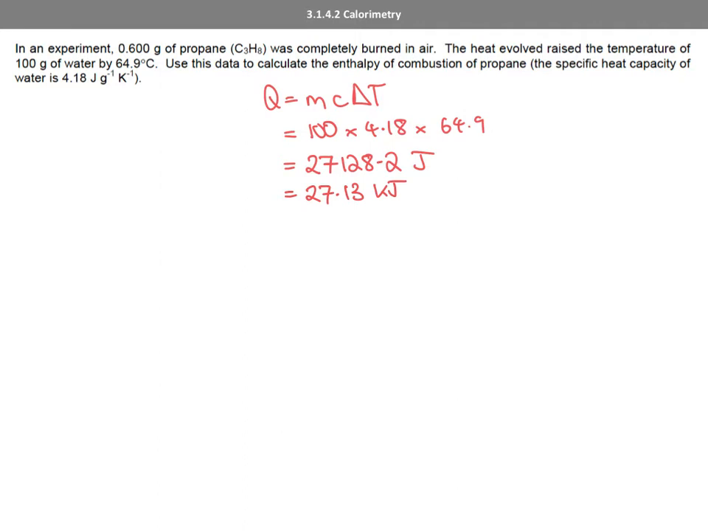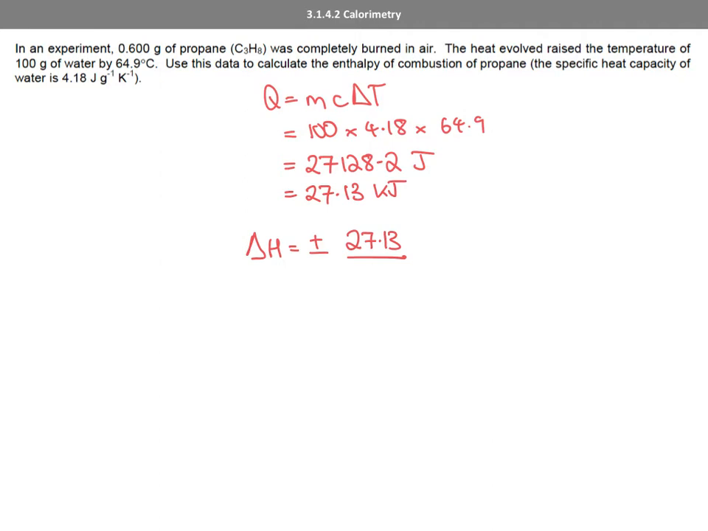So now let's look at our second equation. So ΔH, the enthalpy change, and I'm going to put the plus and minus because I'm going to think about that at the end. And I've already turned Q into kilojoules, so I'm just going to write that value, 27.13, and then it's going to be divided by the moles. So one of the things that we need to do is work out how many moles of propane were actually combusted. They've given us the formula, C3H8, and they've given us the mass,